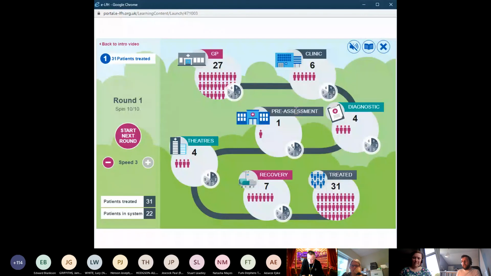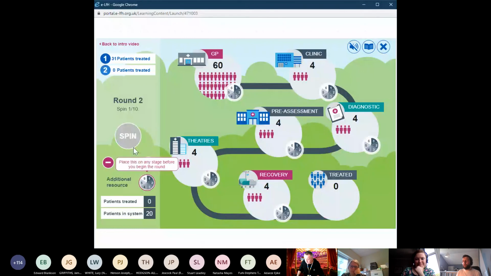So we're going to run this again, and we're going to do quite a classic NHS management approach. It's been 10 weeks and we've seen that we've only treated 31 patients. So we're going to go, right, you said 35, so I'm going to give you another resource. I'm going to give you another spinner, and you can put it wherever you want as additional capacity. Hopefully that will mean that you can increase your